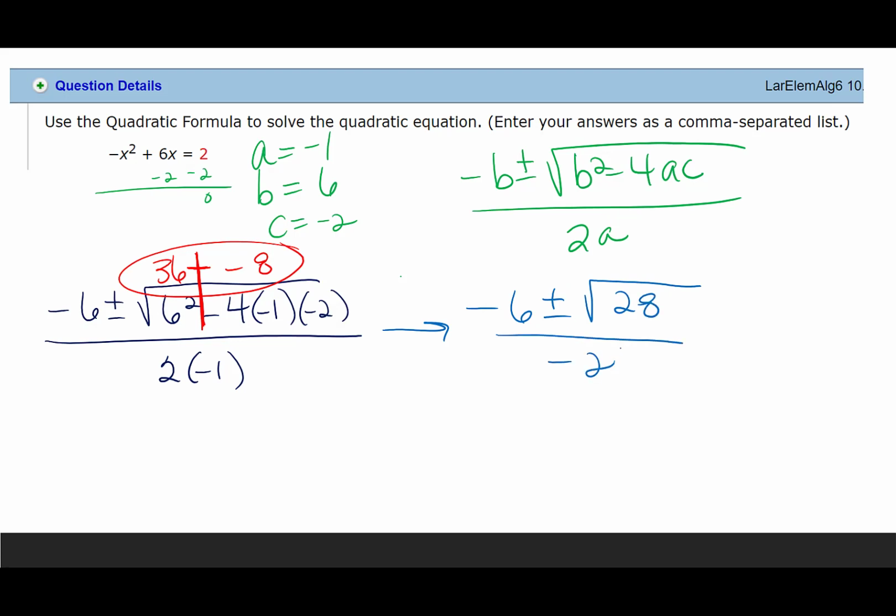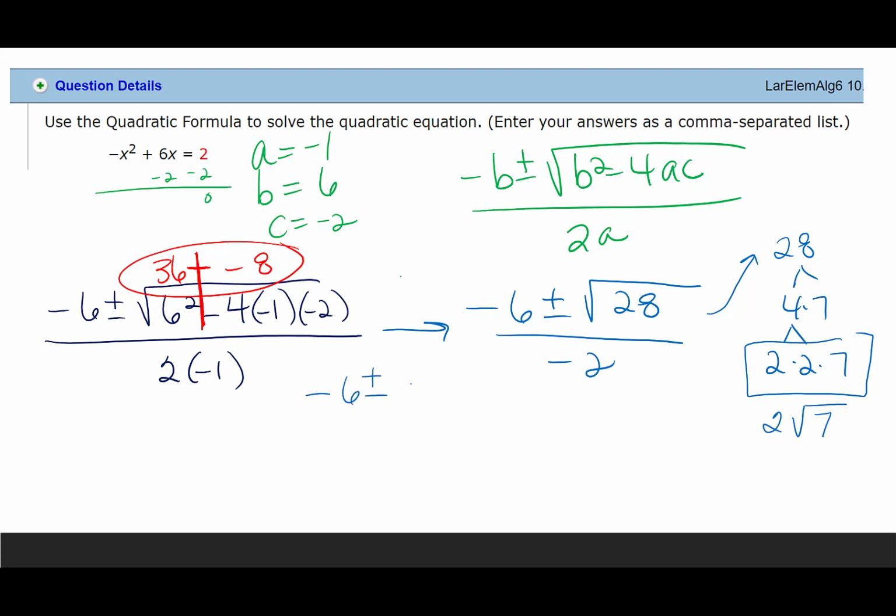Now we do need to simplify this. The first thing we'll do is make a factor tree with 28. When you make a factor tree of 28, the prime factorization is 2 times 2 times 7. So there is a pair of 2's. So another way to write the square root of 28 would be 2 times the square root of 7. So if I rewrite this answer, it would be negative 6 plus or minus 2 square roots of 7 over